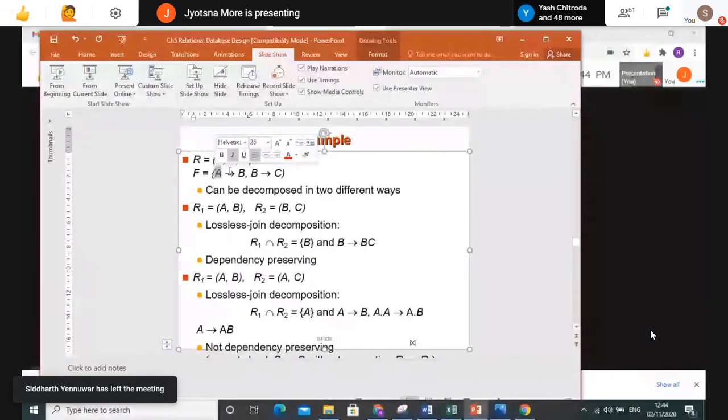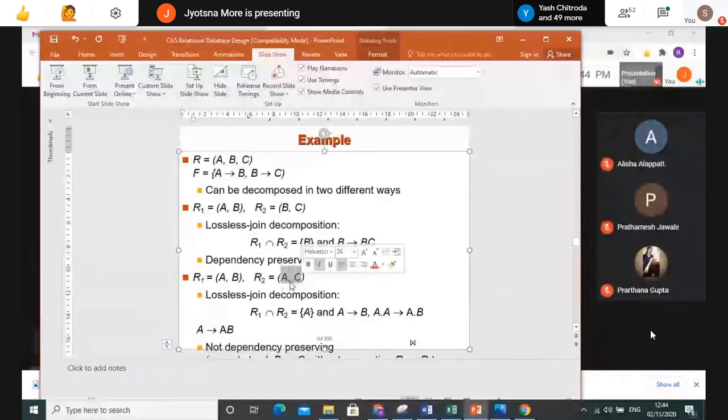With the help of these, I can get A determine C, key attribute determining C. But that is not there. I require B determine C, which is not possible anyways from this decomposition, right? So one of the functional dependencies is not determined through this decomposition. That is the reason I have mentioned it is not dependency preserving, right?